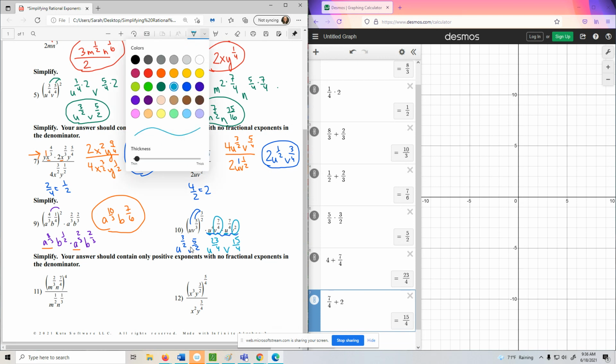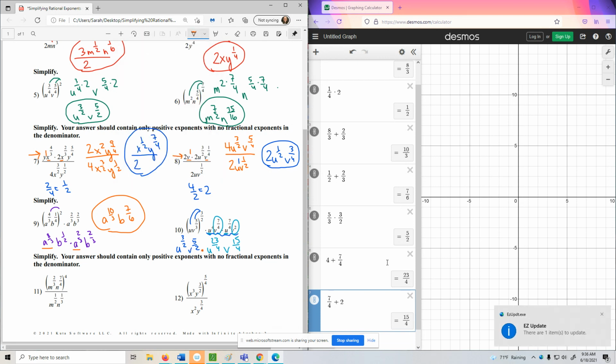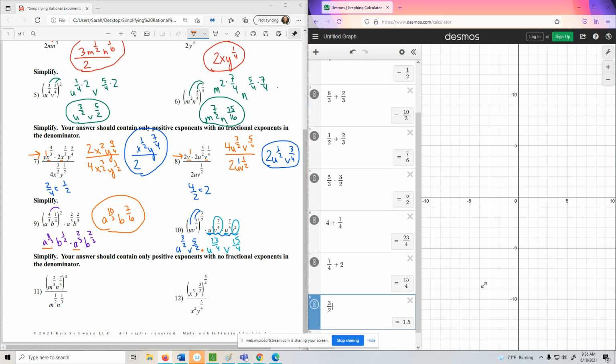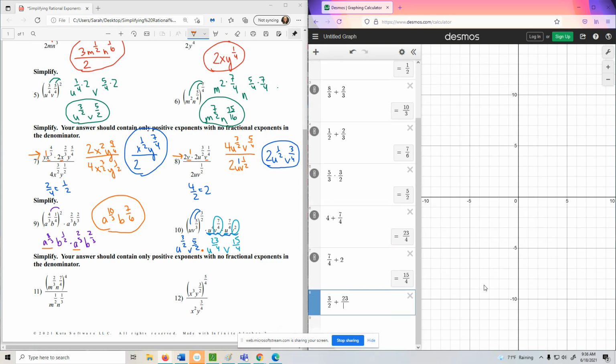So then to finish this all out, these are all getting multiplied together. So I'm going to add my exponents using my product rule. So for u's, 3 over 2 plus 23 over 4